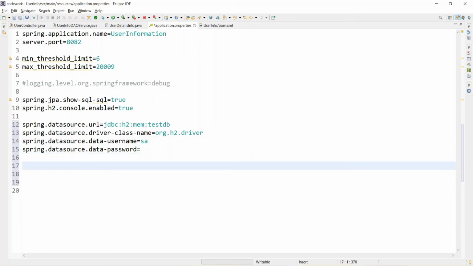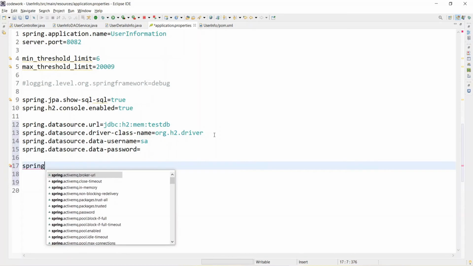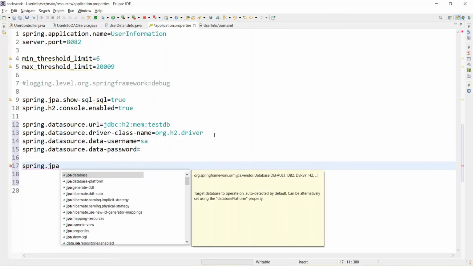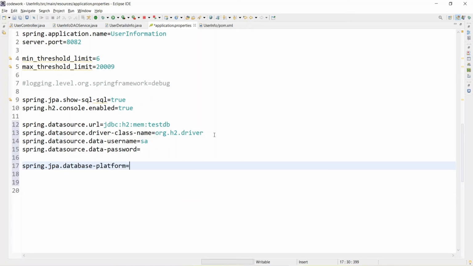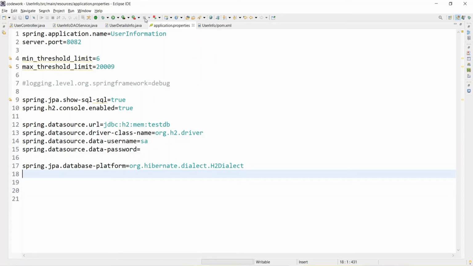And thereafter I want to connect with Hibernate also, so spring.jpa.database-platform is equal to org.hibernate.dialect.H2Dialect. That's it.